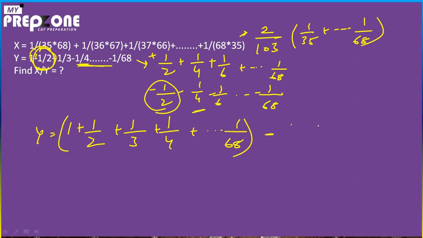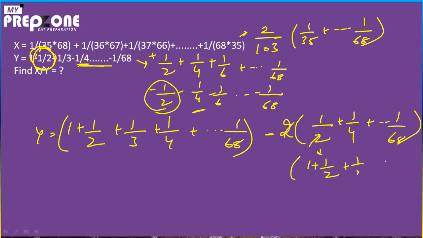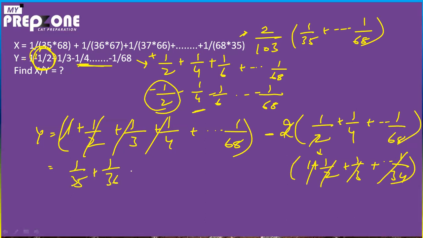So I can take two common and I can write this as 1 by 2 plus 1 by 4 till 1 by 68. If you solve this, what is this? This is essentially 2 will get cancelled, right? So this is basically 1 plus 1 by 2 plus 1 by 3 till 1 by 34, right? And you can very well see that the initial terms will be getting cancelled. Till what? Till 1 by 34, because your last term is 1 by 34. So what you'll be left out with is 1 by 35 plus 1 by 36 till 1 by 68. This will be the remaining term, right?